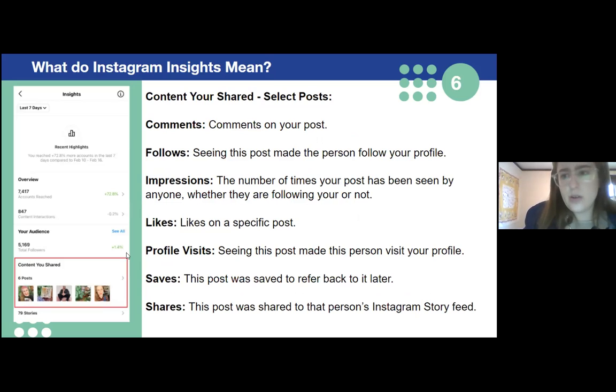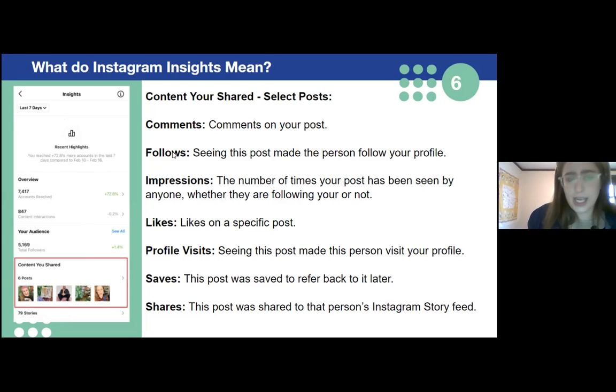Okay, so this over here is a little screenshot of what that Instagram Insights page looks like. So like I mentioned, again, here's that toggle where you can switch between the last 7 days and the last 30 days. And then it will show you an overview of the content and your stats. If you scroll down to the middle of the page, you get your 6 most recent posts, similarly to how Facebook provides you your 5 most recent posts. And you can click on them and you can see the comments on the post,